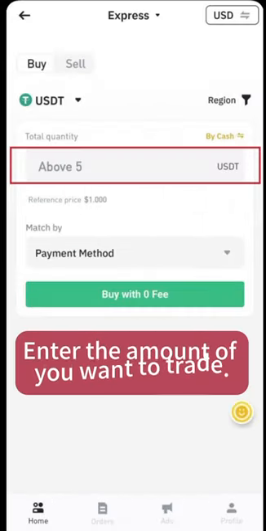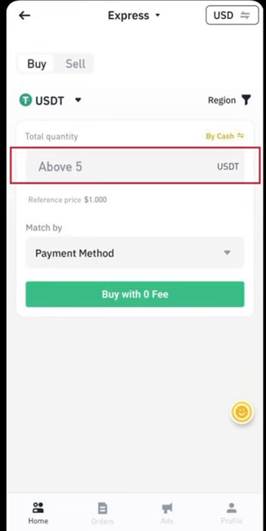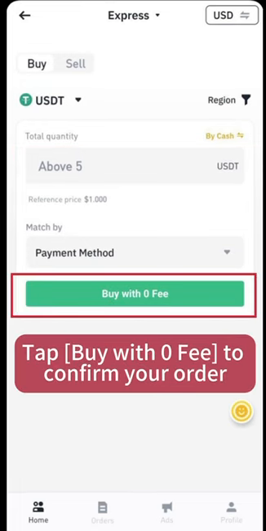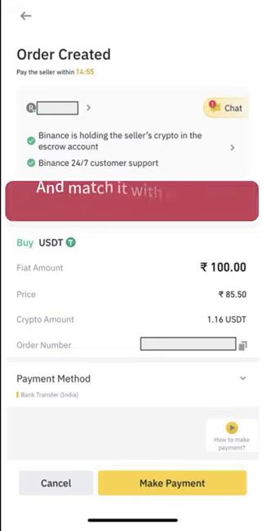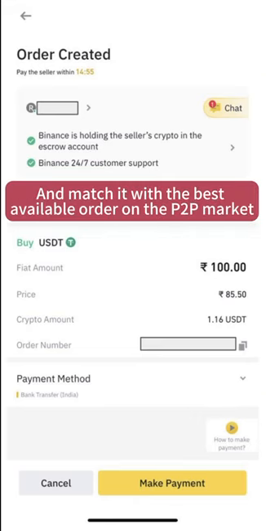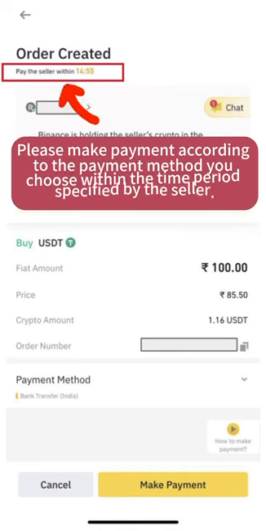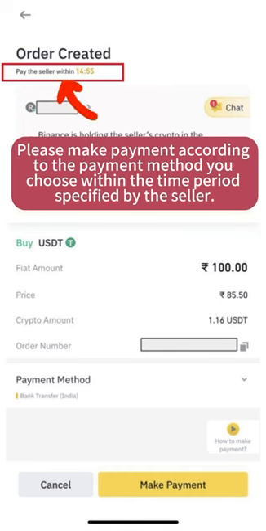Enter the amount you want to trade. Tap Buy with zero fee to confirm your order. The system will automatically create a P2P order that matches your requirements and match it with the best available orders on the P2P market. Please make payment according to the payment method you choose within the time period specified by